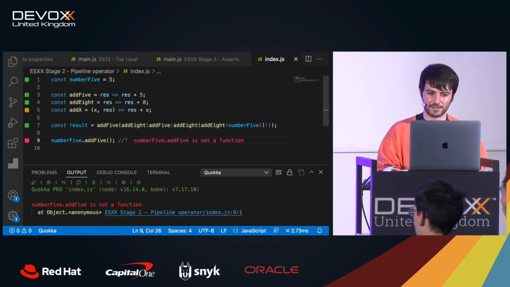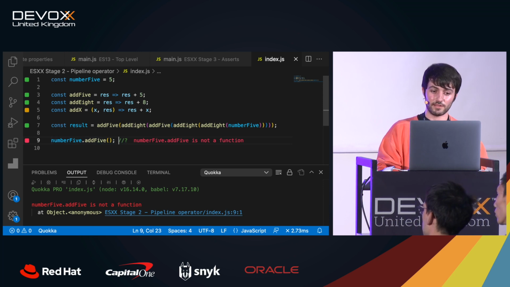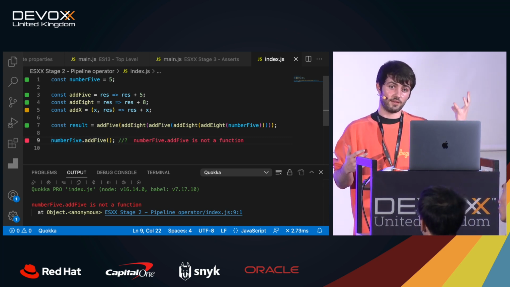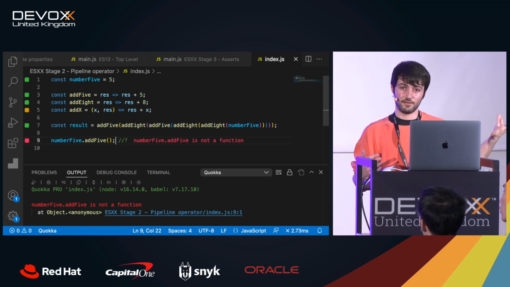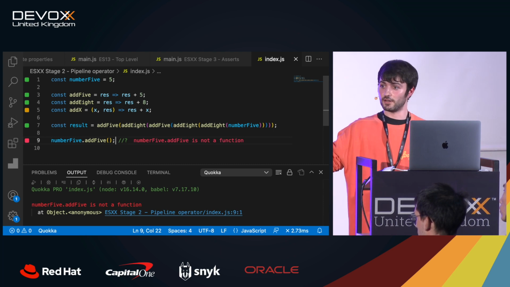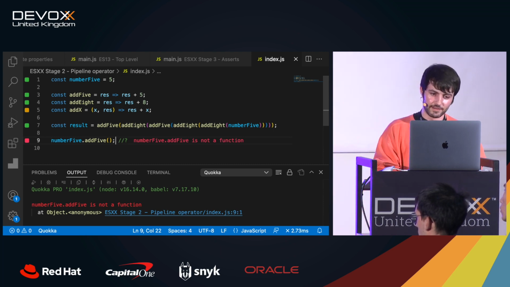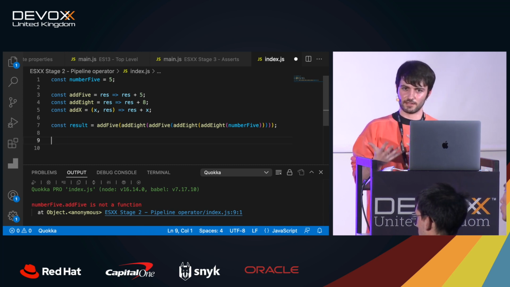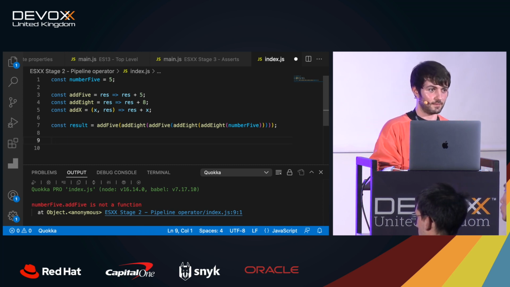In fact, if I do Quokka, it will break. So the pipe operator comes here basically because, on one hand, we have nesting function calls, and on the other one we have chaining, for example, functional programming. The pipe operator comes here to be an intermediate step for these types that don't support functional programming or are primitive types, like for example numbers.